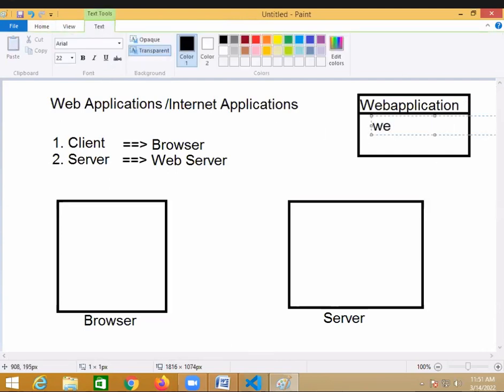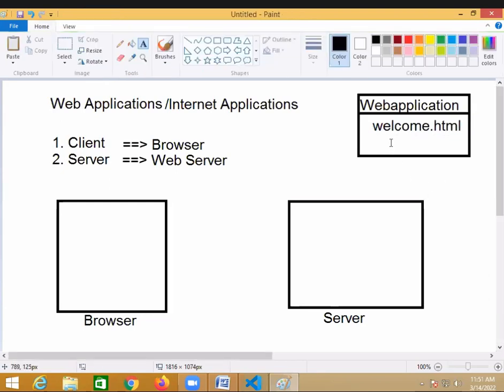What is the name of this page? welcome.html. So when you click the right mouse button and say run, open with Live Server,